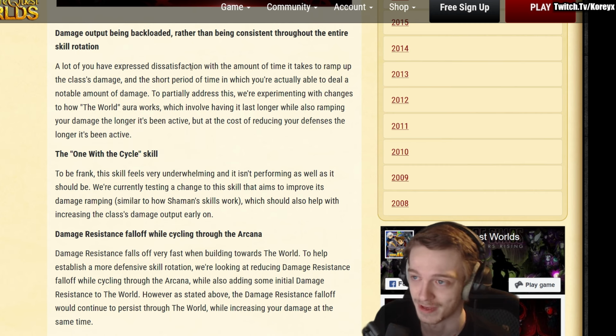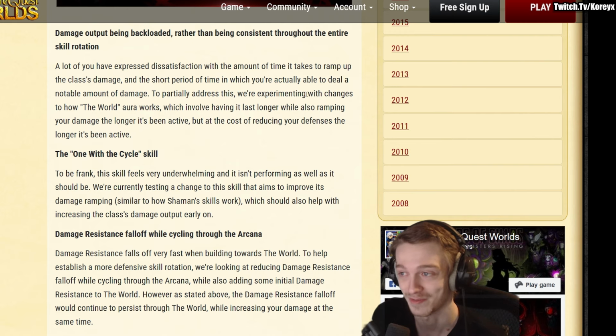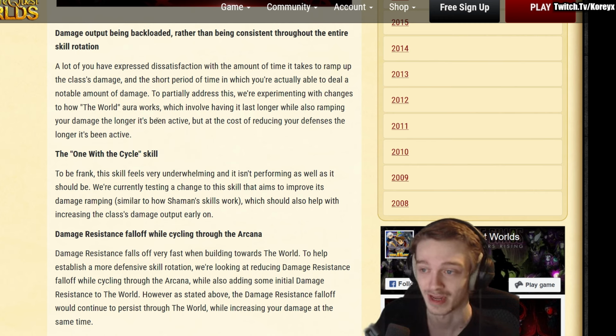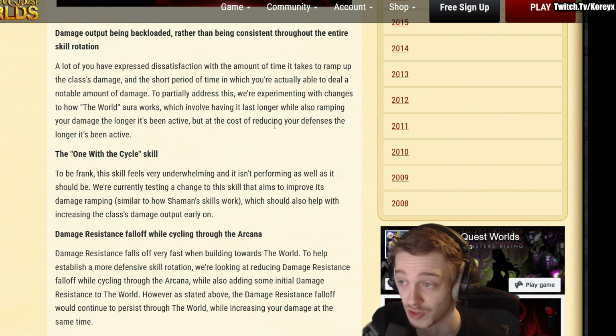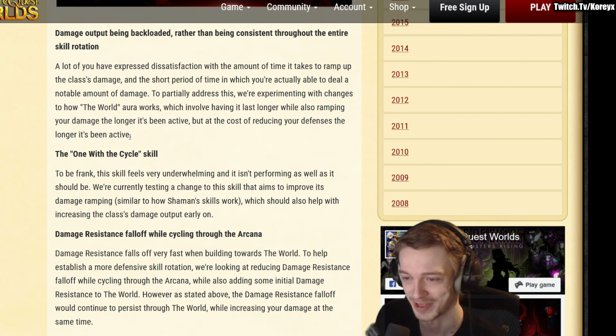A lot of you have expressed dissatisfaction with the amount of time it takes to ramp up the skill's damage in the short period of time in which you're actually able to deal a notable amount of damage. To practically address this, we're experimenting with changes to how the world aura works, which involves having it last longer while also ramping your damage the longer it's been active, but at the cost of reducing your defenses the longer it's been active. So I've seen people complain that the class dies way too easily already,